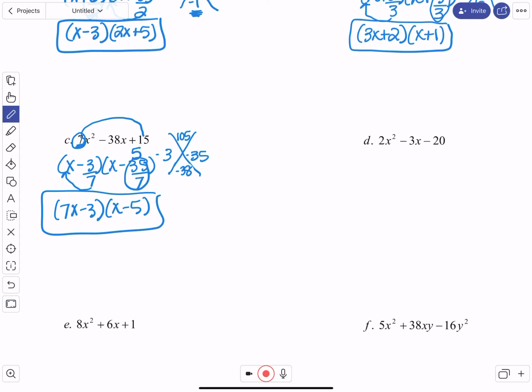On D, slide. 2 times negative 20 is negative 40. Negative 3 goes here on the bottom. Since we got a negative 40, they're going to have two different signs, a positive and a negative. Since the middle is negative, your bigger one has to be negative. So let's think of our factors of 40. We've got 1 and 40, 2 and 20, 3 doesn't work, we've got 4 and 10. So remember your calculator trick that I told you about. If you hit y equals on your calculator,